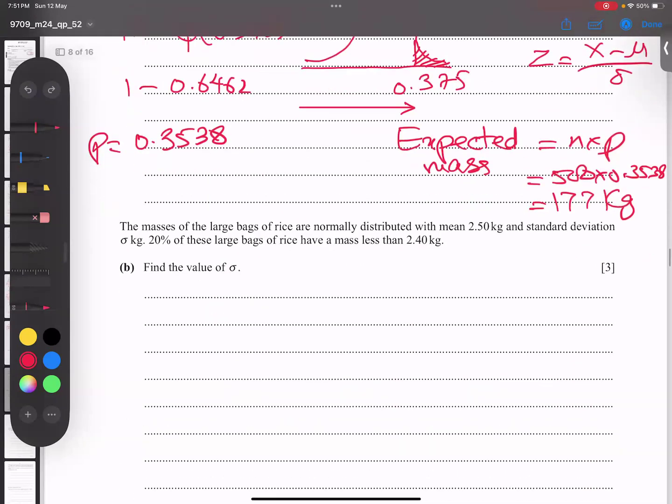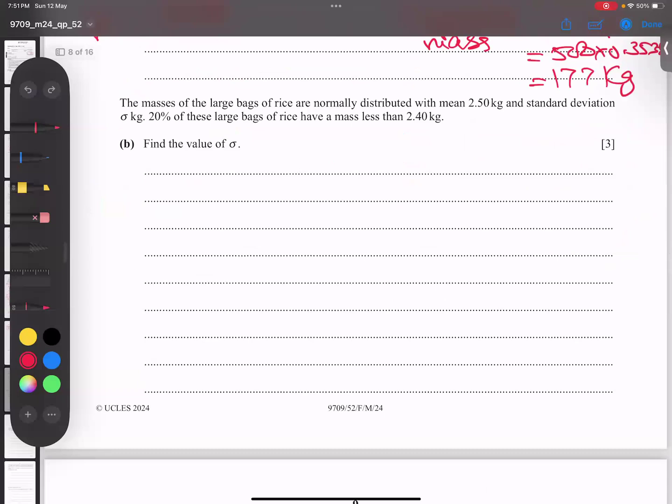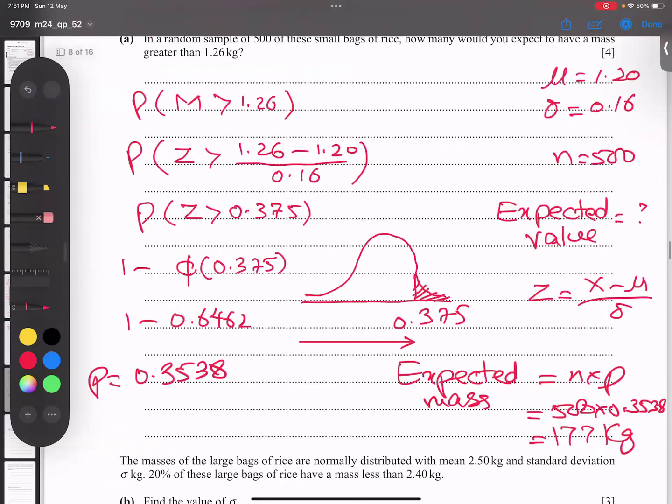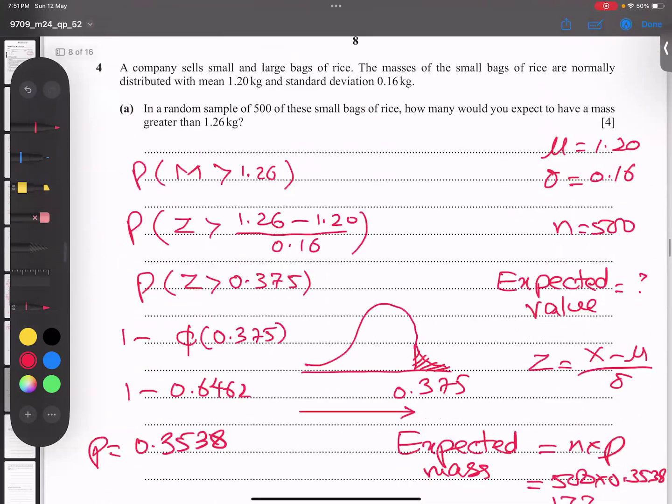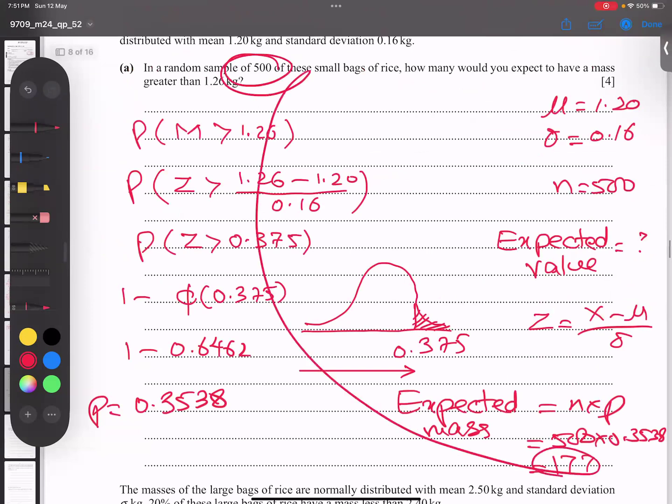And let's go for the next question, the next part of the question. The masses of the large bags of rice are normally distributed. So mean is what, students? 2.50 kilograms, the average. The standard deviation is unknown. And this is not kilograms, sorry, this is bags, because out of 500 bags,